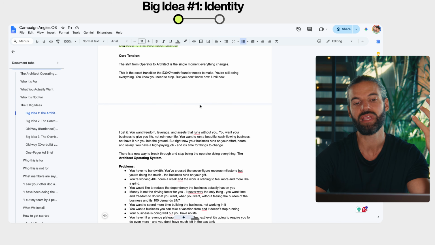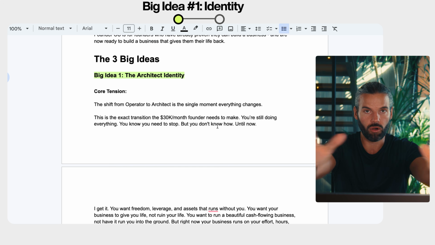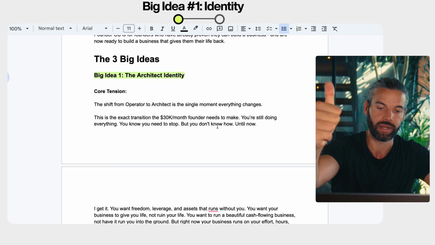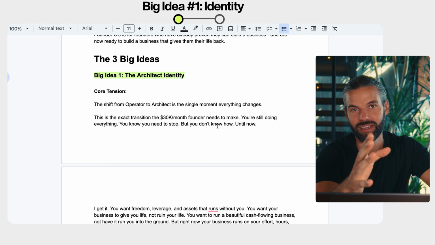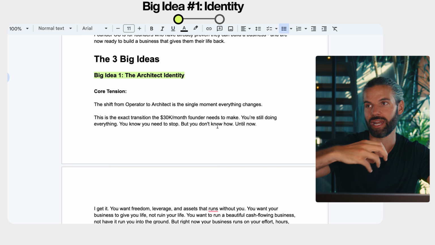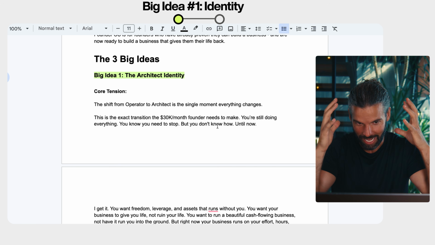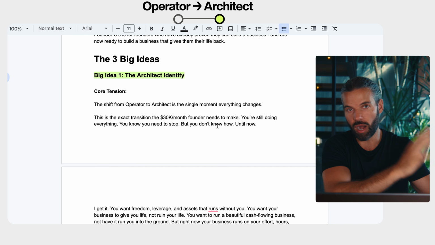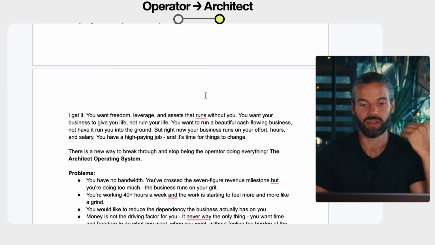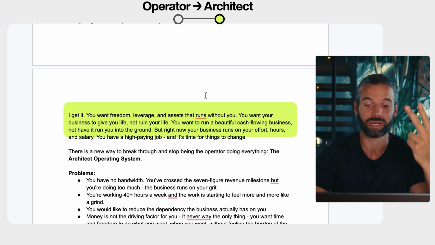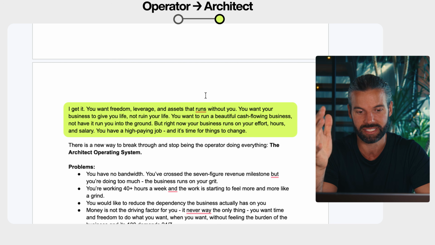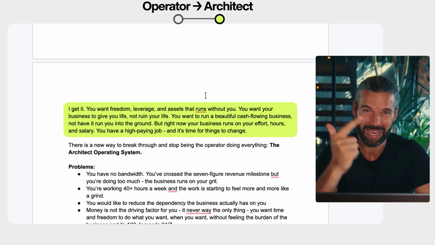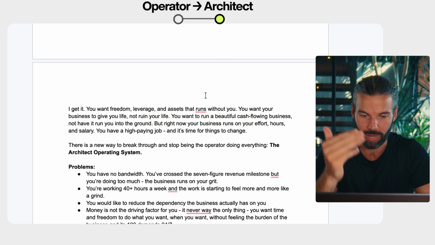And so what are the 3 big ideas then that I want to make sure are permeating all of my LinkedIn content? Well, big idea number 1, right, is really focusing on folks' identity. If I want to shift founders and help them accomplish their dreams, they need to embody this architect identity and shift from being the operator in their business. What this looks like, right, is focusing on leverage, focusing on building assets, focusing on organic content to run a beautiful cash flowing business versus having a business that relies on referrals, paid ads, cold outreach, and just runs you into the ground. We want to move founders from relying on their effort, on their hours, on some expensive salary, to being able to build this architect operating system.